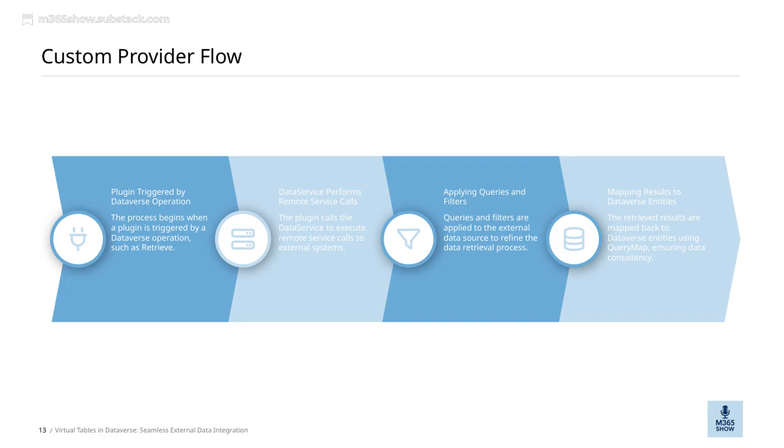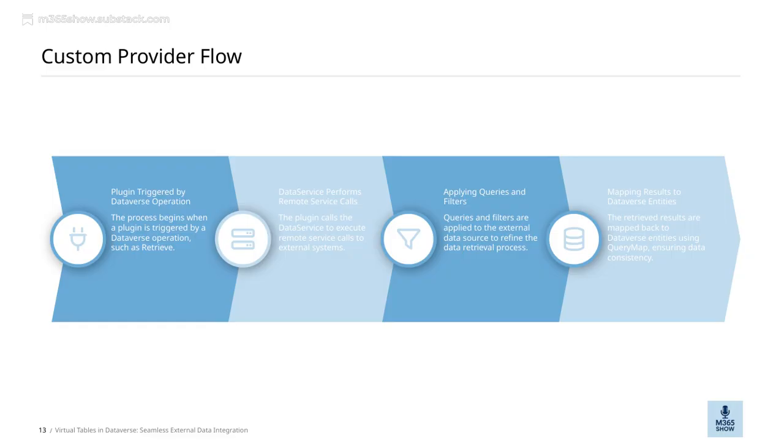The plugin then calls the data service to perform remote service calls to external systems. This is where the actual data retrieval happens from outside sources. Once the data is retrieved, the next step is mapping the results back to Dataverse entities using Query Map. This step is crucial because it ensures data consistency, making sure that the external data aligns properly with the Dataverse